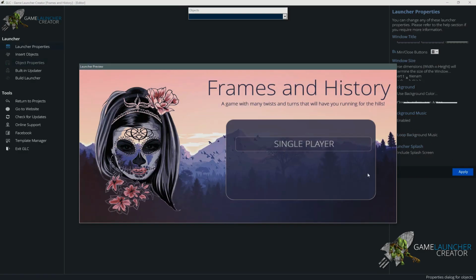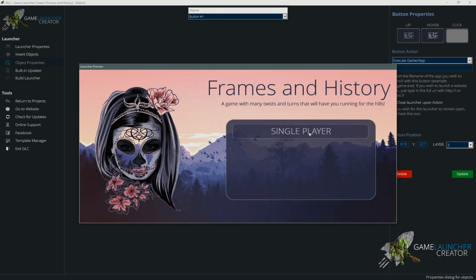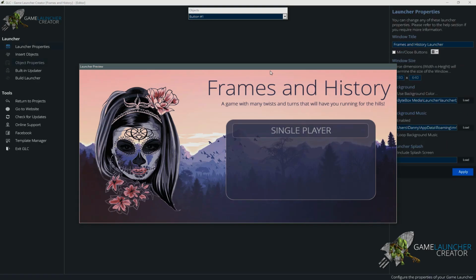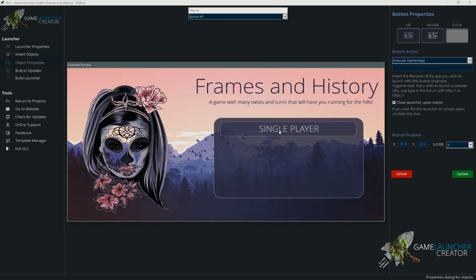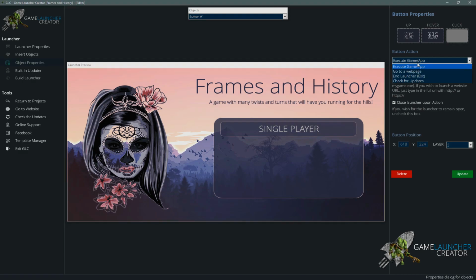I'll not bother going through all these options unless I need to. As you can see now, the button is in. If you ever select a component inside Game Launcher Creator, its properties will appear here where you can change everything. The button action for this will be to execute a game or app when the user clicks on it. So obviously I would just type in mygame.exe, and that has to be in the same folder as the game launcher. If it's in a subfolder, you can just append that. So if it was in a subfolder called game, you would do that,